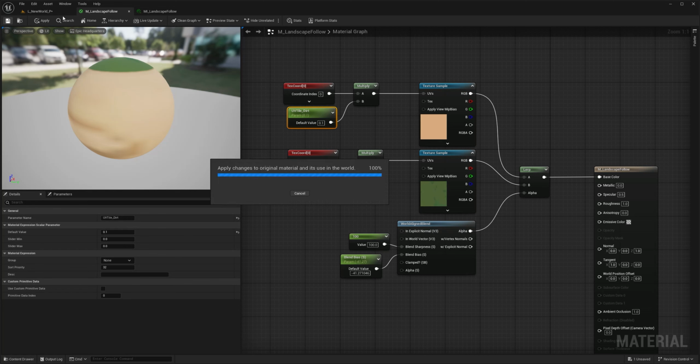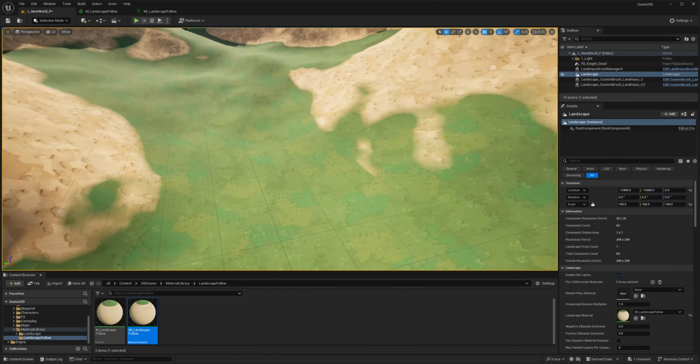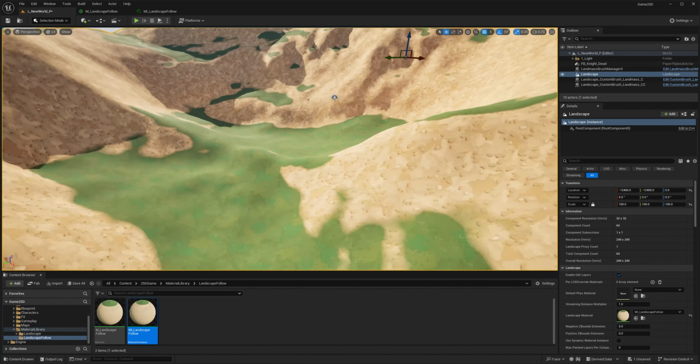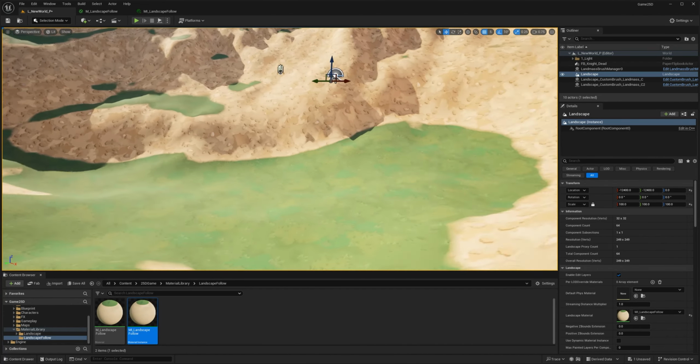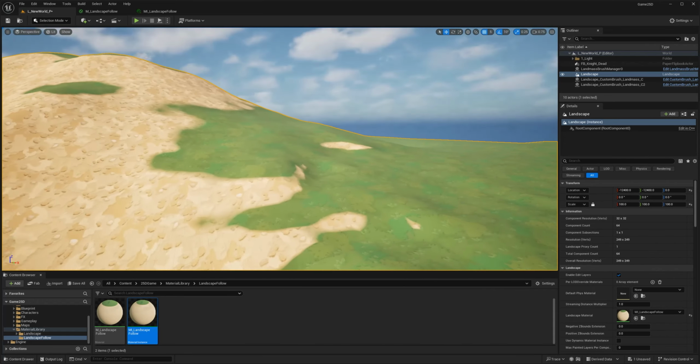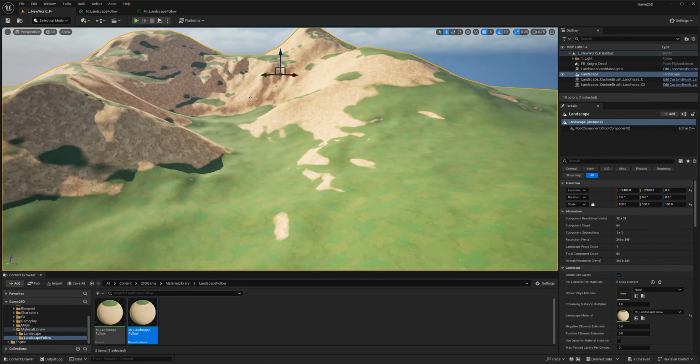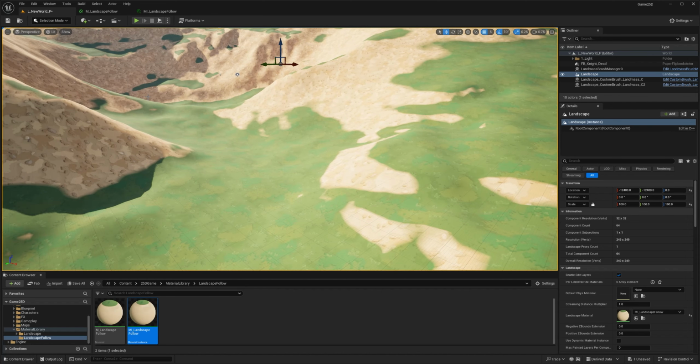I can just save it. And if I go back here, I can now see the grass texture there. That's pretty cool. Remember, the grass for us is just a base. So when my character is walking around, it has somewhere to walk. We are actually going to put stuff on top, like actual foliage. So we don't need to worry that much about this right now.